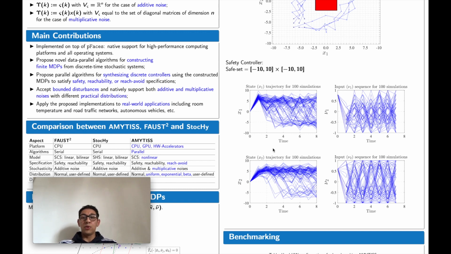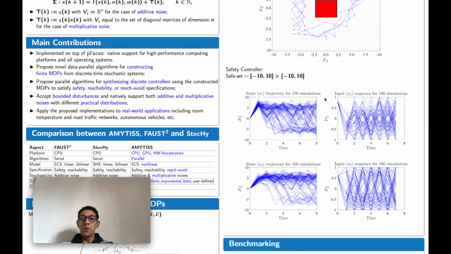After generating the controller, we simulated the controller 100 times. During the simulation of this example and the previous reach-avoid example, we generated noise using the provided normal distribution of the noise and fed it to the system. As seen in the figure, the controller generated by AMYTISS is able to maintain the system within the provided safe